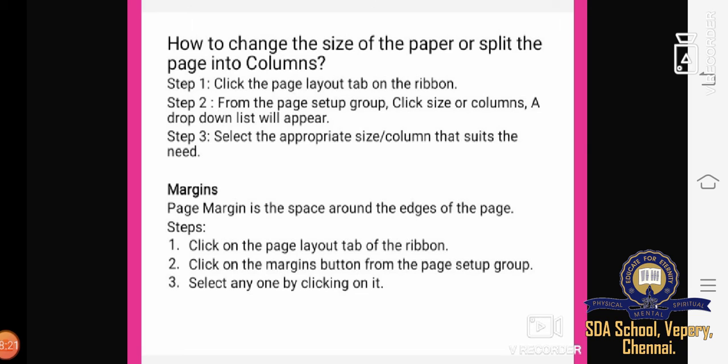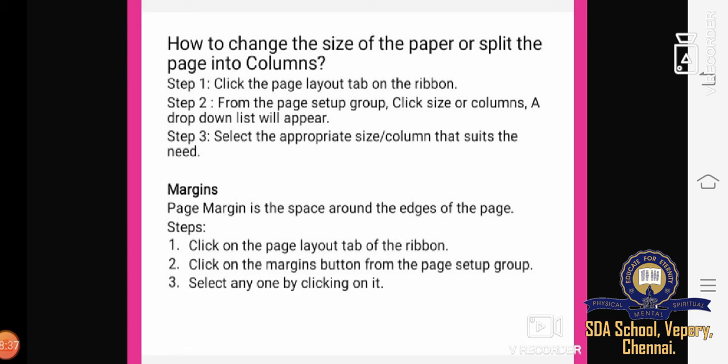If you want to specify your own margin settings, students, click on the Page Layout tab of the ribbon, then click on Margins from the Page Setup group and click on Custom Margins.